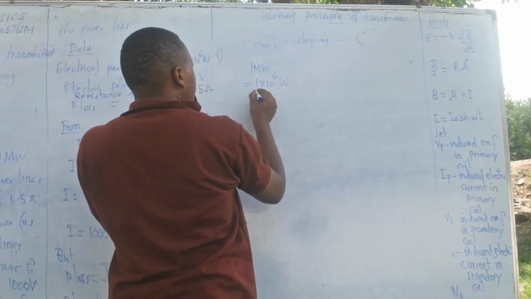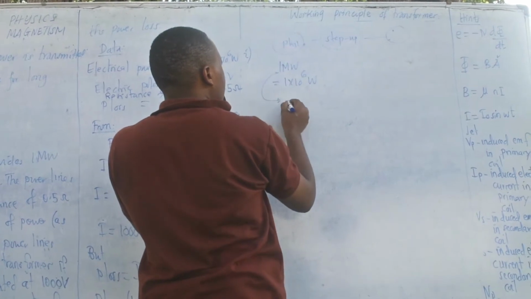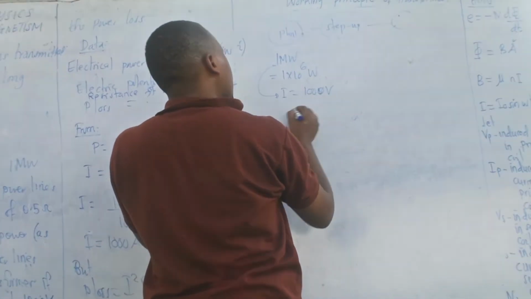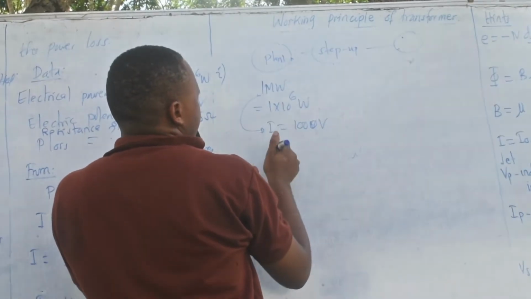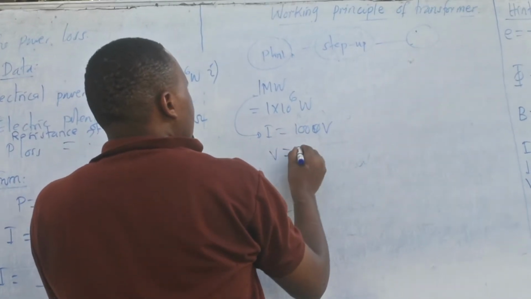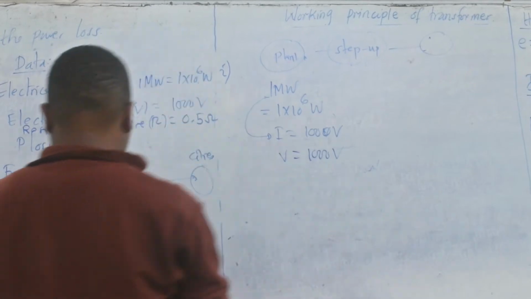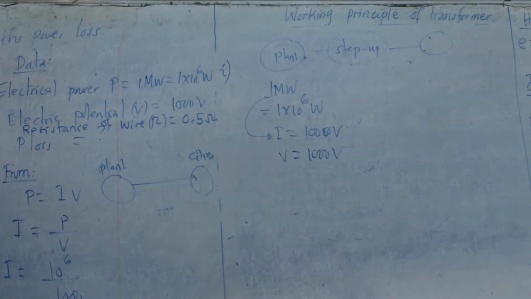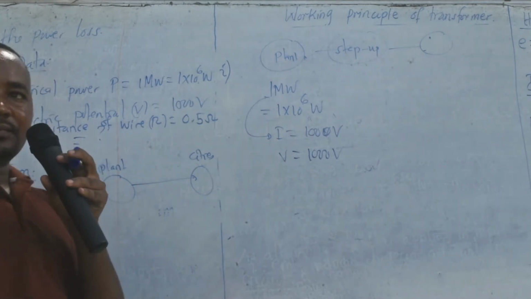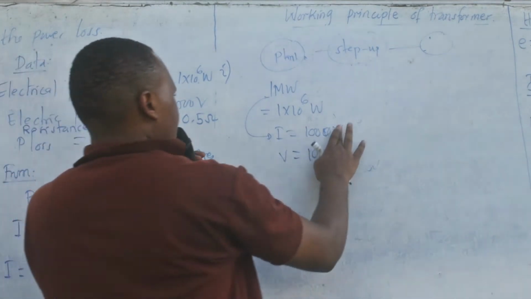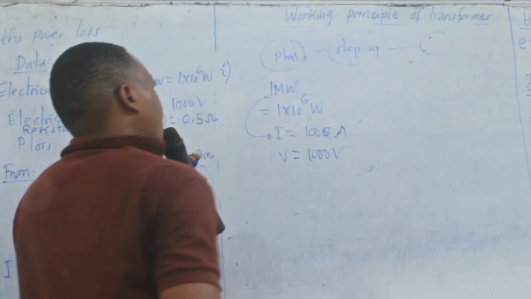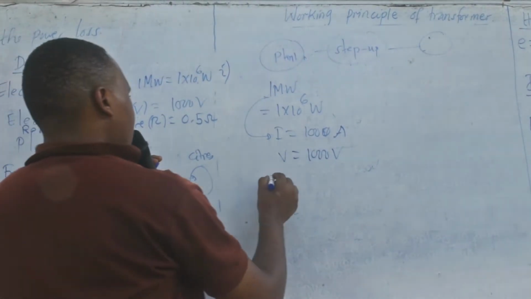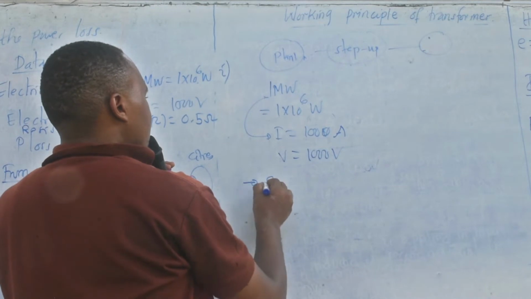It was generated at 1000 volts. Also the volts here was 1000 volts. As we calculated here, we find the current is this one, but the voltage was given to be 1000. Yeah, sorry, this is amps. Okay, so if we use the step up transformer, if we step this up,